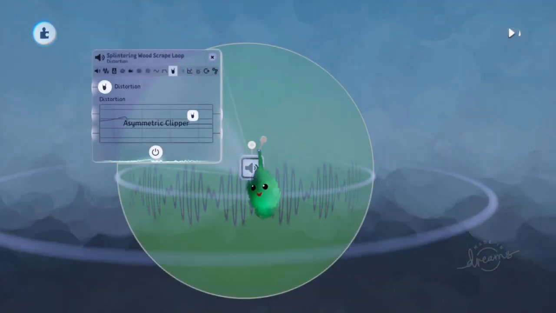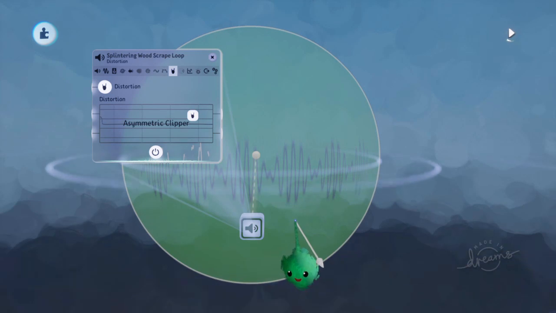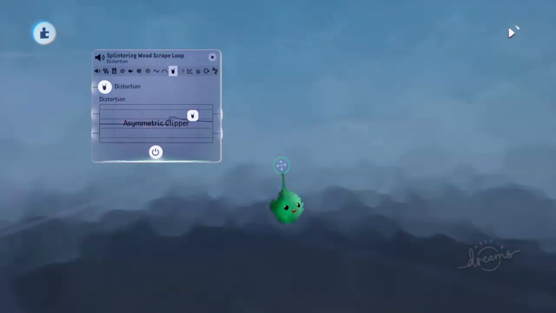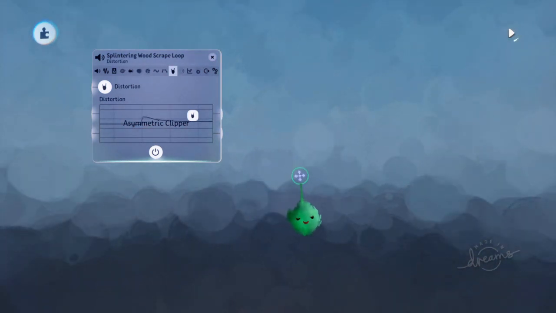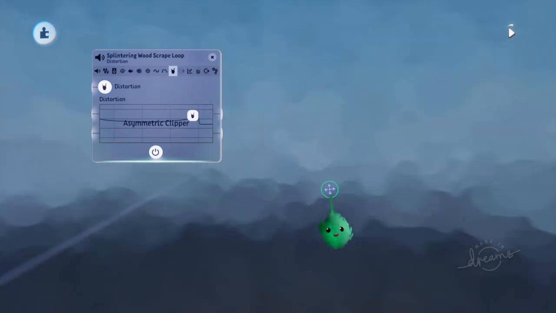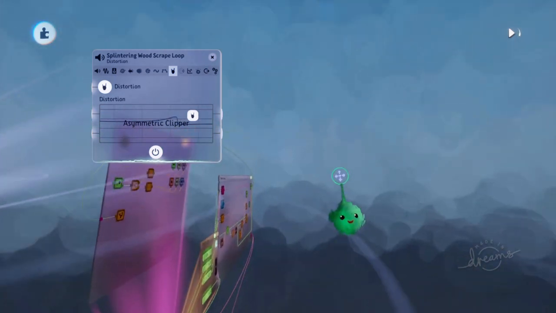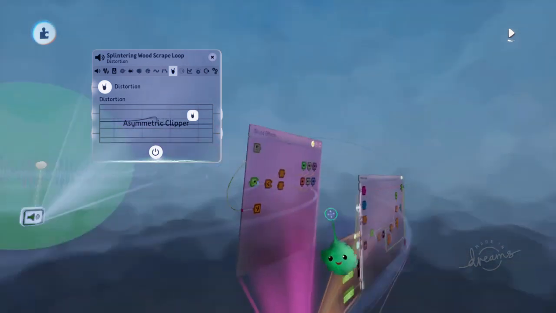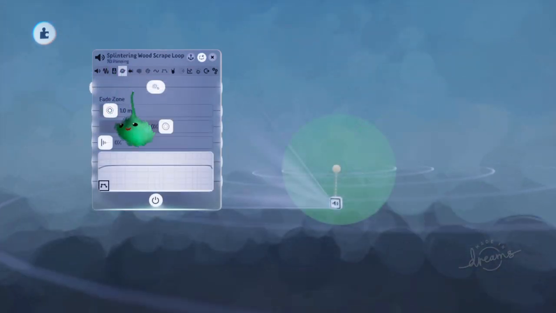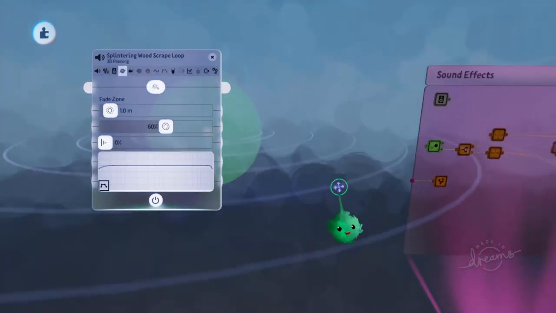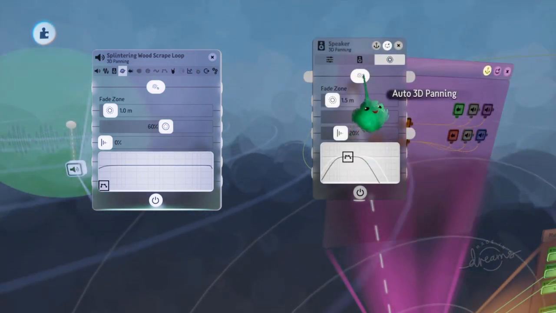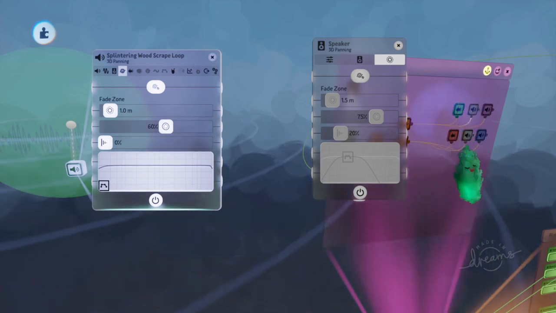If you're facing the position of the location, then it will go normal volume. But if you look away, then it's really quiet or just inaudible, depending on if you've got surround sound set up or not. And if you look at it like that, it's coming from the left speaker because it's on the left, and the right speaker because it's on the right. This is because it has that auto 3D panning, which that speaker has too. So you could turn it off for the speaker,